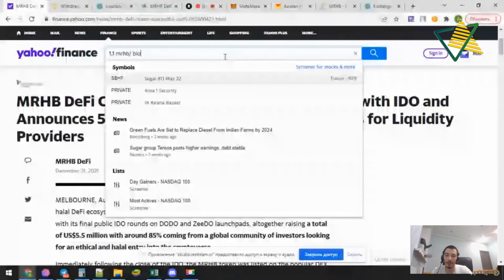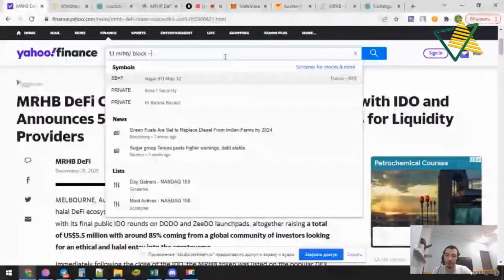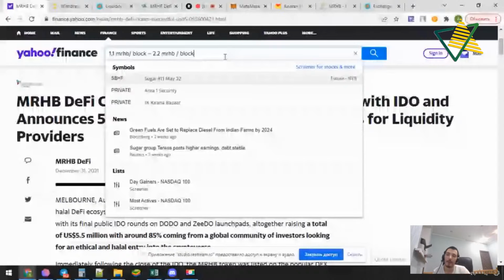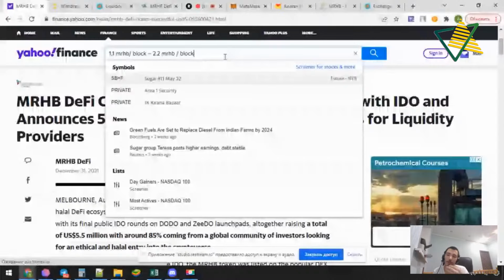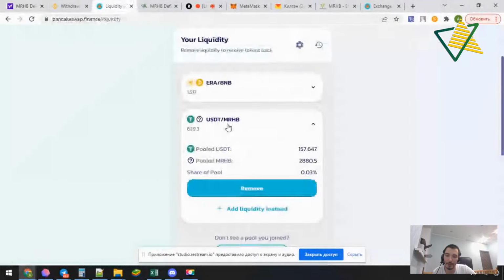And now we have 2.2 MRHB tokens per block. So we increased the distribution rate 2 times. And in the next step, I'm going to show you how many tokens I earned during the last days. Okay, liquidity. We learned how to provide liquidity.